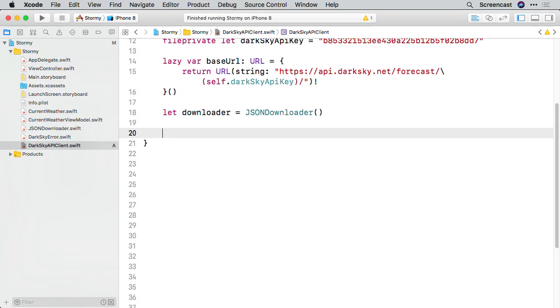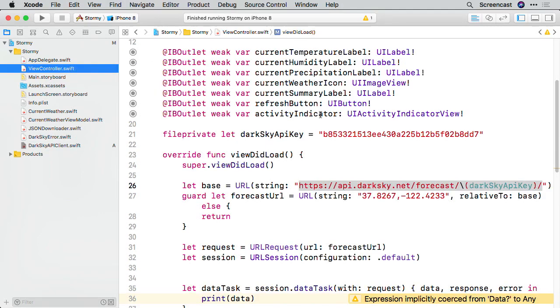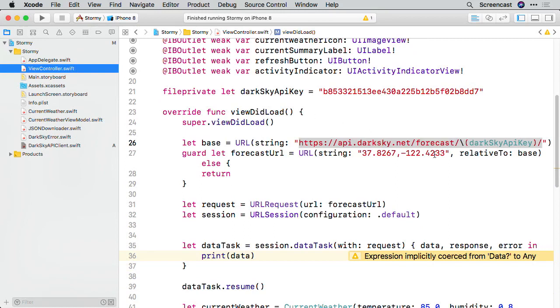When using the Dark Sky API, we specify what location we want to get the weather for by providing as arguments the user's latitude and longitude to pinpoint their coordinates on this planet. These values are just added to the end of the URL. And if we go back to the view controller class, you can see how we constructed the URL with these